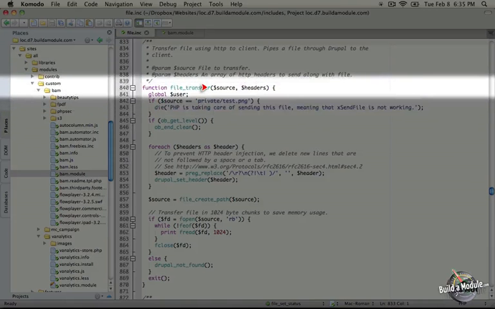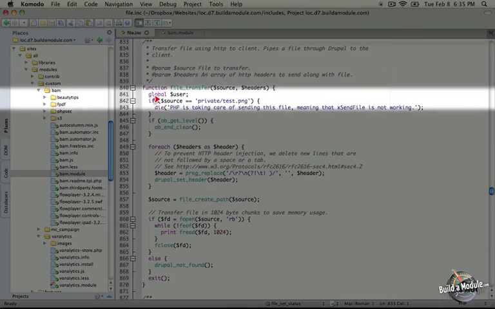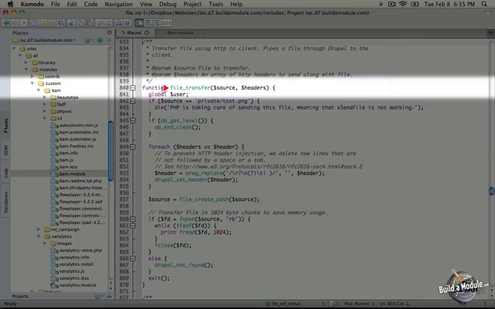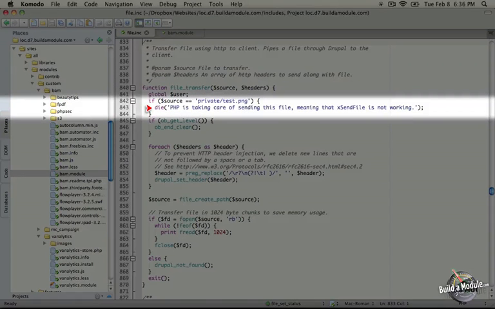So all that we're doing here is checking the source. We're making sure that the file name is private/test.png, and this was the file that I added very specifically for testing this. And if it is, then we're going to die, which means we're going to kill the script and output some message that says PHP is taking care of sending this file, meaning the X-Sendfile is not working. If file_transfer actually gets called, that means it's too late, that the headers have already been loaded, and X-Sendfile, the header that we set in our hook_file_download, isn't being recognized. So this is a problem. This means that it's not functional. As soon as we go to our test.png